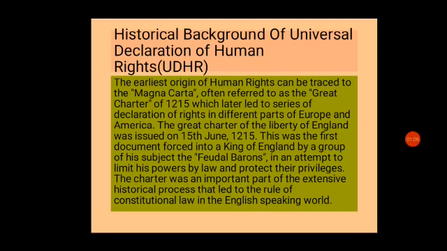This was the first document forced onto a king of England by a group of his subjects, the feudal barons, in an attempt to limit his powers by law and protect their privileges. The charter was an important part of the extensive historical process that led to the rule of constitutional law in